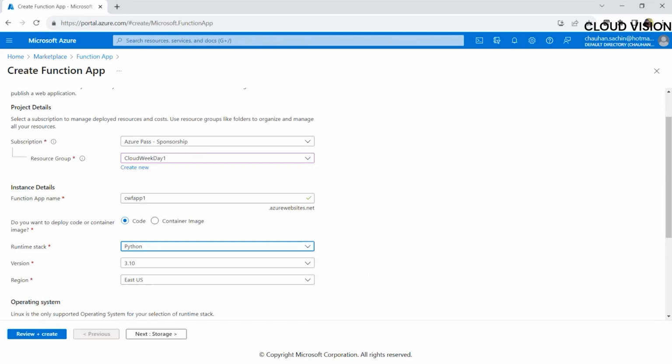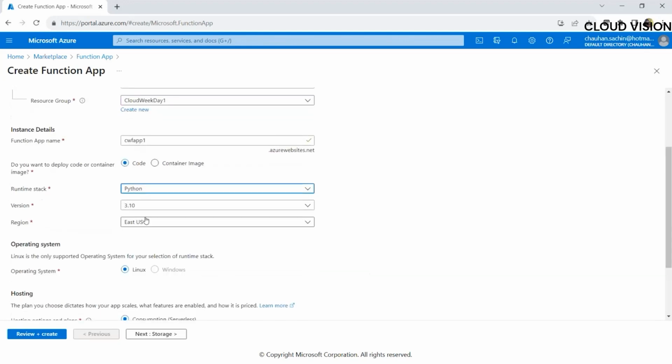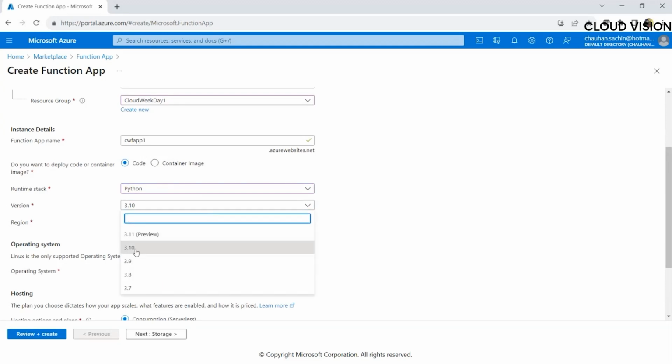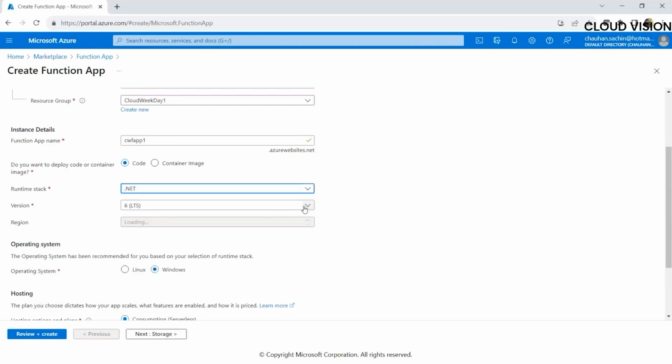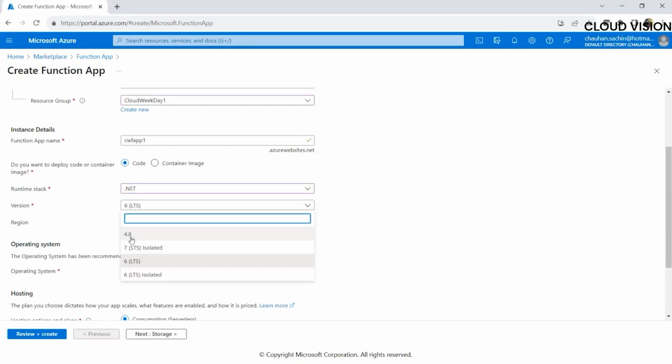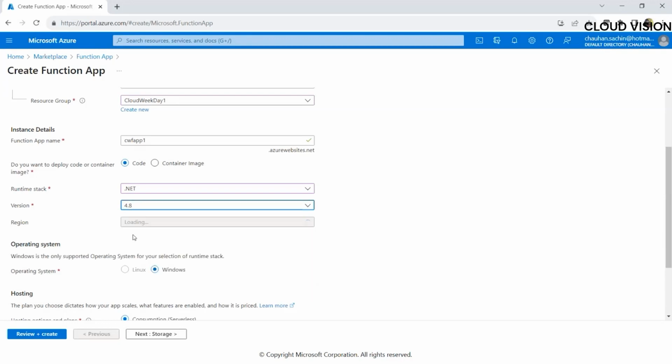Now, which version of Python you would like to use? You can use 3.10, right? Or you can use the other one. So you can choose that, right? Or even you can try to use .NET. If you choose .NET, which version of .NET can you work with? You can see that it has an old version and a latest version. So I choose, let's say, 4.8. Now, when you selected it,